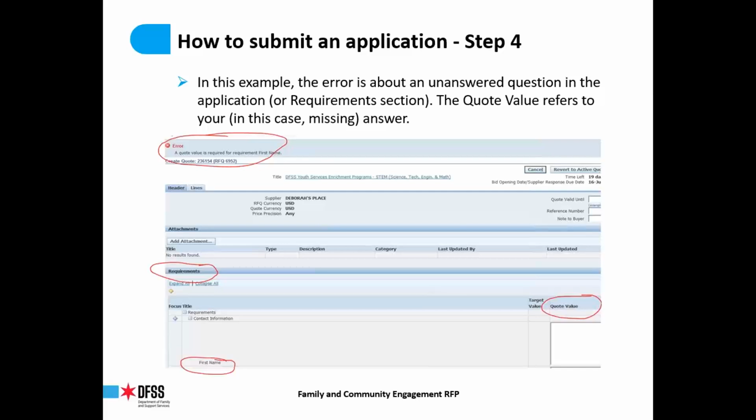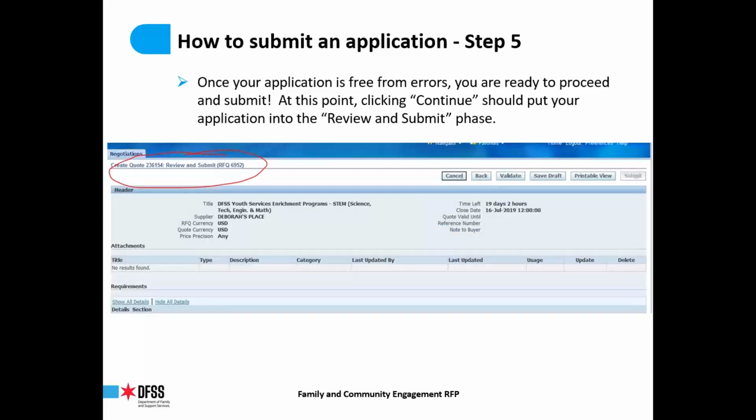So you go in, you find the requirement titled first name, and then you put the answer into the value box, and you should be good to go. After you've gotten rid of all of your errors, we'll go to step 5 and really walk through the submission part. So when you save, you continue, you don't have errors, eProcurement will push you